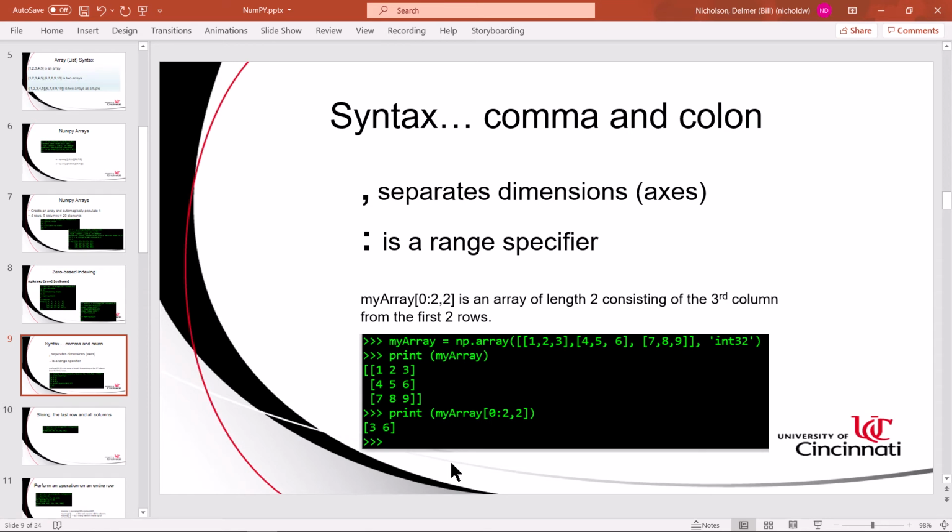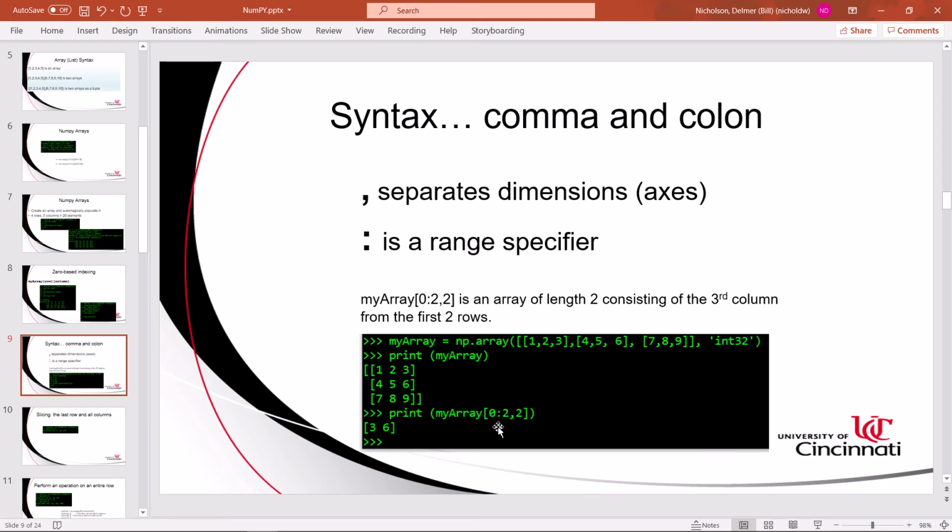And we can even get more creative by using commas. In this example, I created a 3-row, 3-column array, and I went ahead and used the int32 argument to tell NumPy to resist the urge to make these into floating point numbers. So I'm simply forcing NumPy to use int32 or integer data types in these array elements. And then when I want to slice into that,